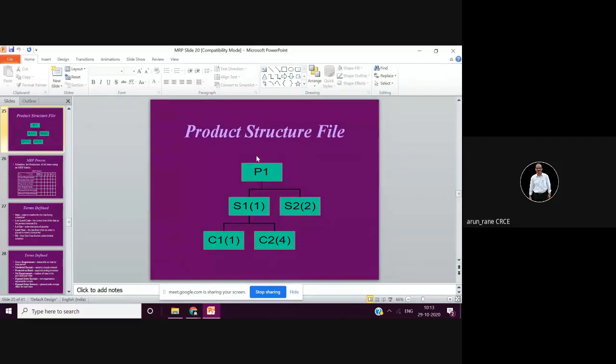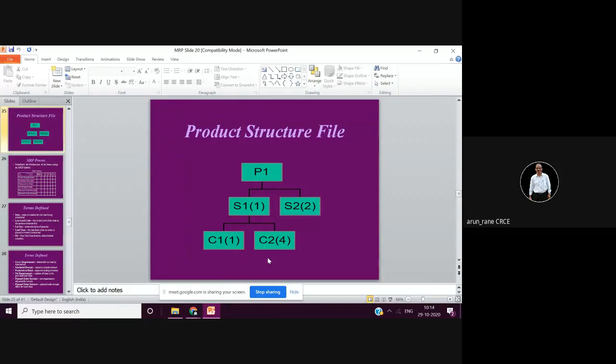Or on a bigger scale, suppose this is an engine. What are the sub assemblies? You may have cylinder and piston, that is a sub assembly, and in that sub assembly you have components which are nothing but cylinder, piston, connecting rod, and so on. Again, these components are divided, which is not shown here: which components are directly available, that is purchase items, and which components you need to manufacture.